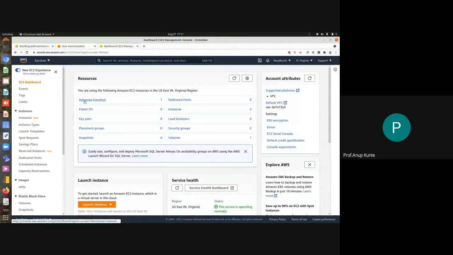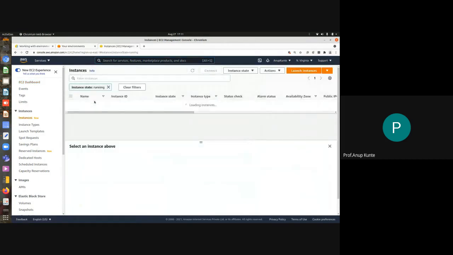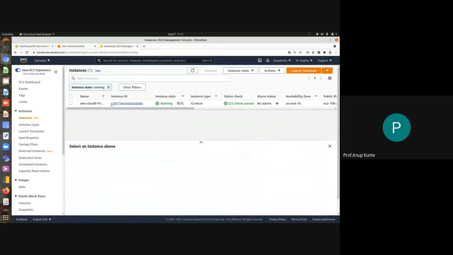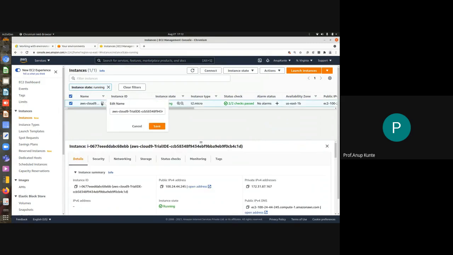So you will see that there is one instance of EC2 running in the US East, North Virginia region, and that instance is this one. Okay, if you remember, this was the name of the instance, AWS Cloud9. I can actually click it, trial IDE. So this is the name I had given to it. So this is the instance that is running in background.